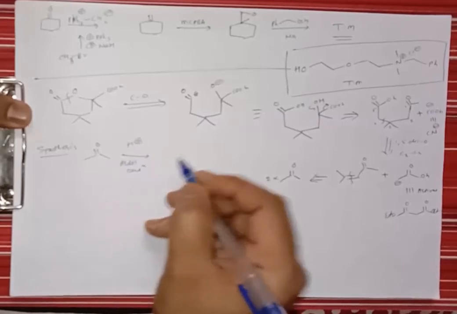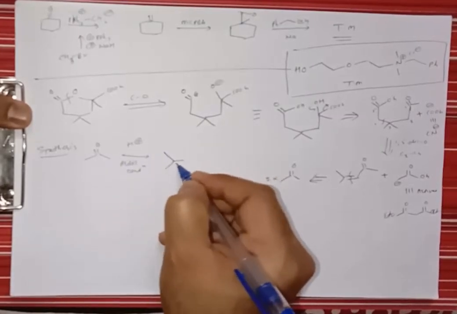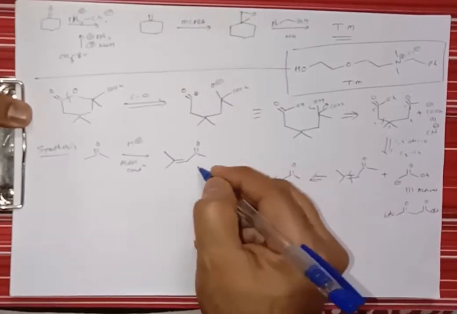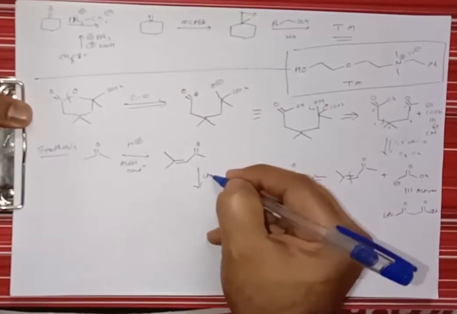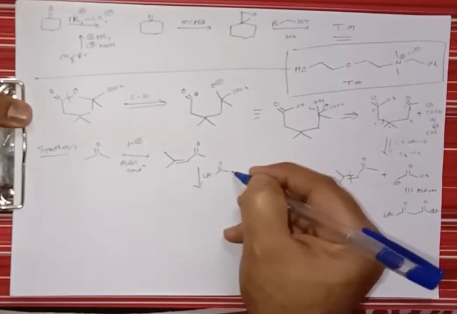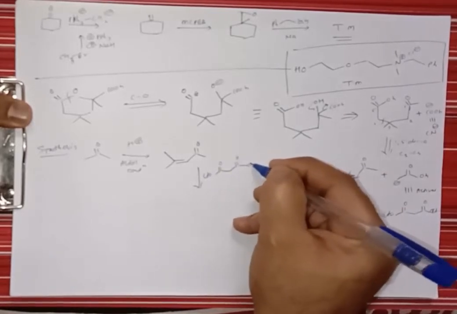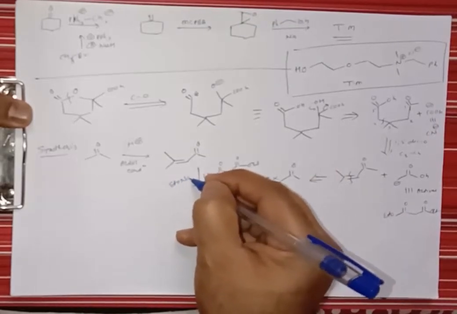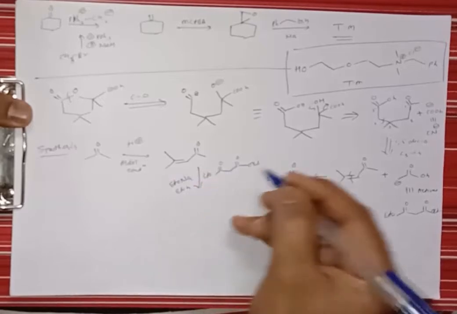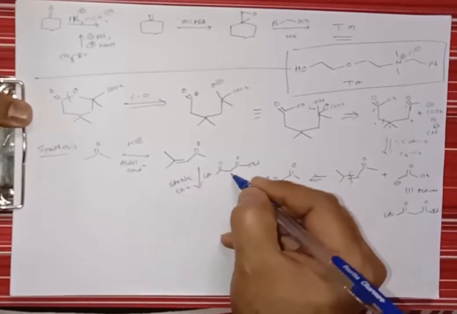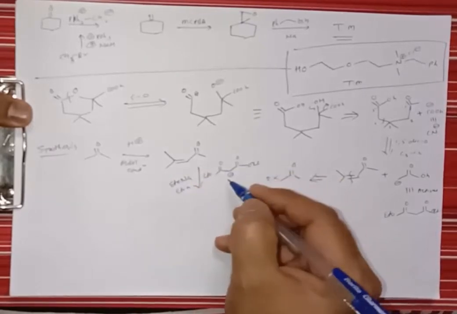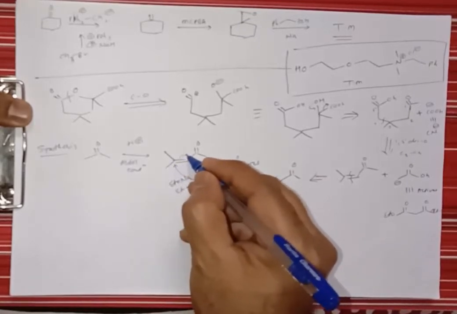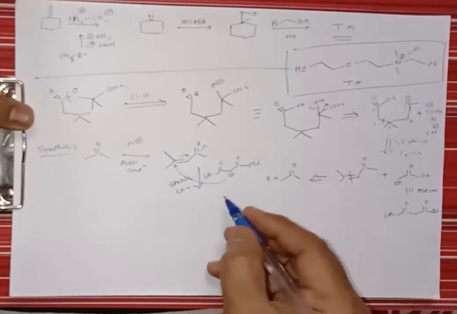So in aldol condensation, the reaction will be stopped at the formation of the alpha beta unsaturated system, right? Now treat this molecule with ETO C double bond O CH2 C double bond O OET, and base, that is sodium ethoxide in presence of ethanol. What does it give? This sodium ethoxide will take a proton from this side, it gives a negative charge here, and the negative charge will attack this 1,4 position, and it gives formation of a compound like this.